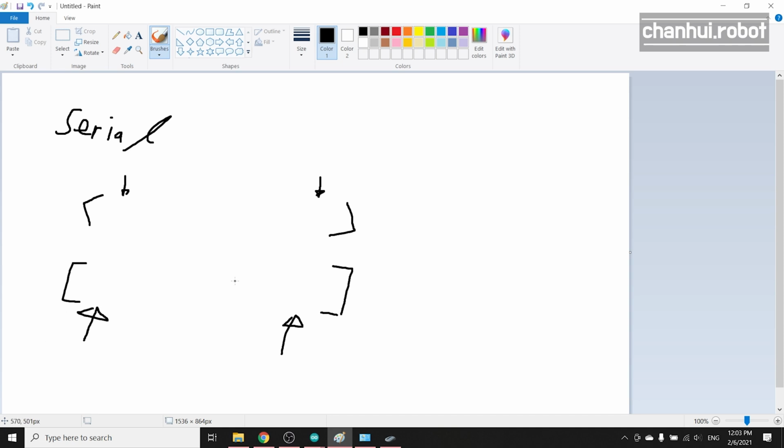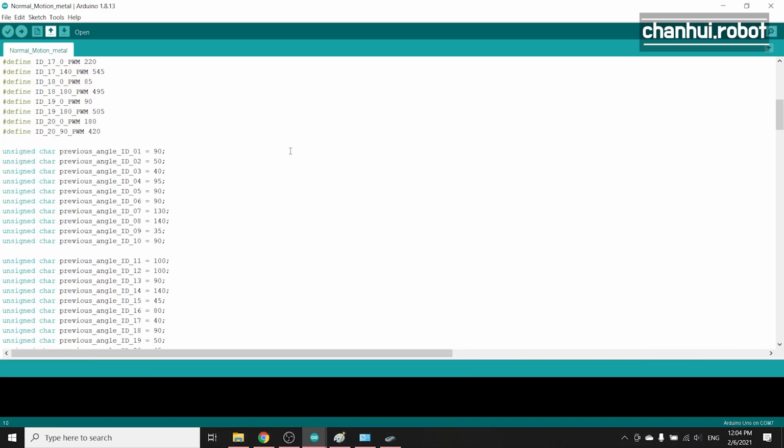20. So it just gets data from serial, you type an angle, and it moves that part. So if you use Processing, or other programs that use serial, like ROS, you can communicate with this robot with serial data. Now, watching this program,